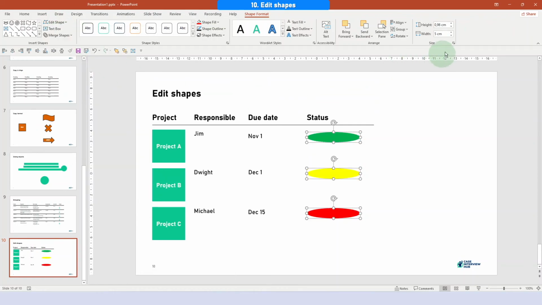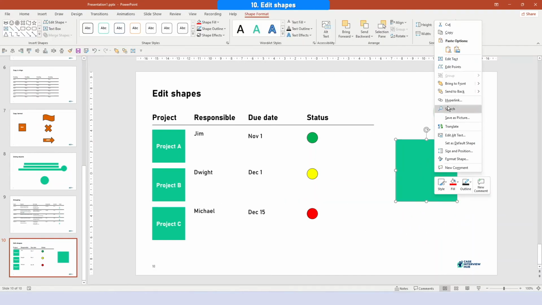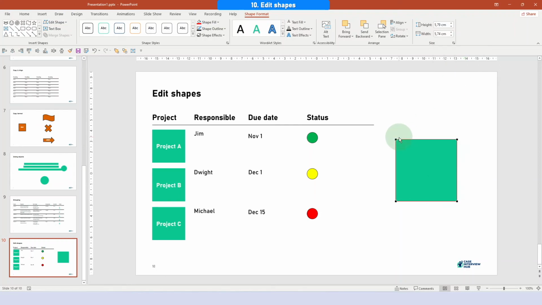Now I just make sure that the ball is round, and there we go. We have a different progress indicator, which is, however, still perfectly aligned. A special case is when you have to make a completely custom shape. If I right-click on an object and then select Edit Points, I can change the shape in whatever way I